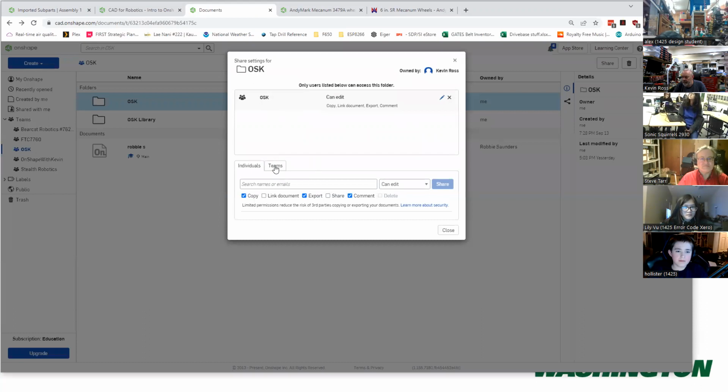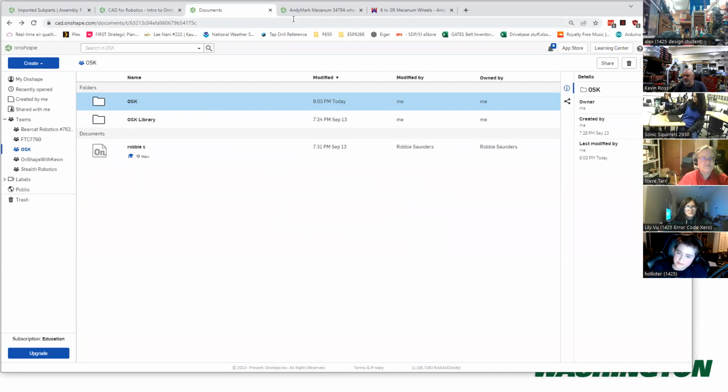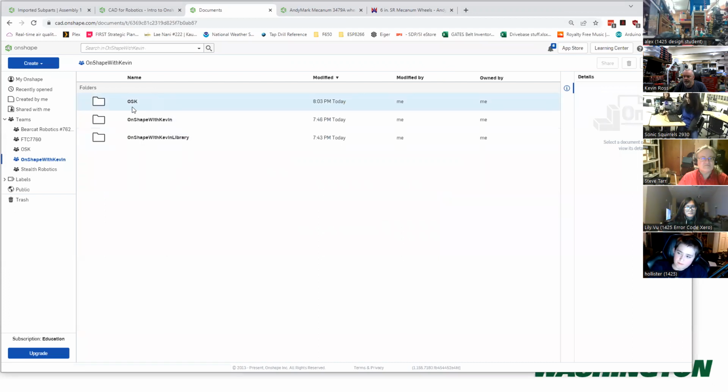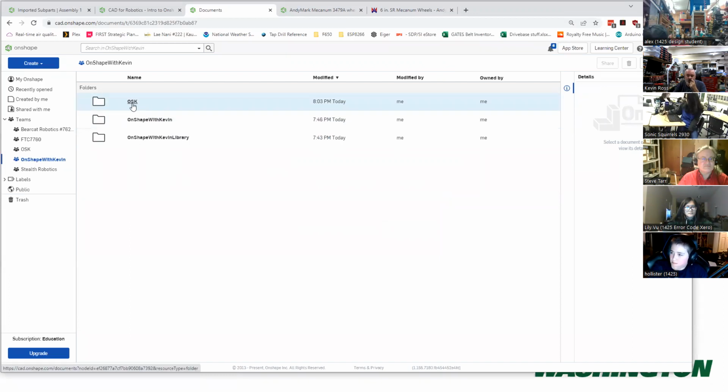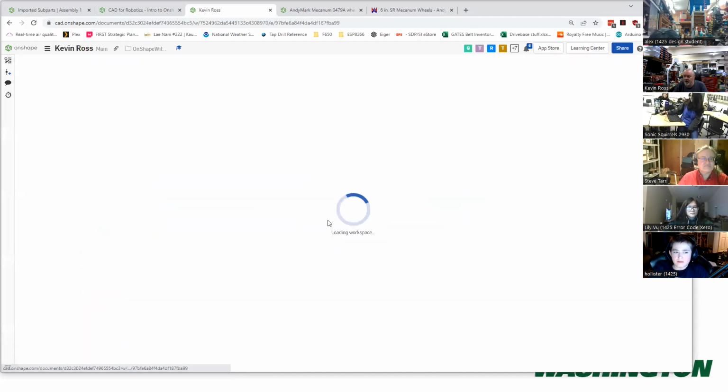Share. I can add the team Onshape with Kevin. Yep, and you guys can have your way with it because, sure, why not? And so you now have access to OSK. So now you can see the difference between, hang on a sec. If you go to Onshape with Kevin, you're going to find a new directory, OSK. And I'm going to go find the Kevin Ross file,